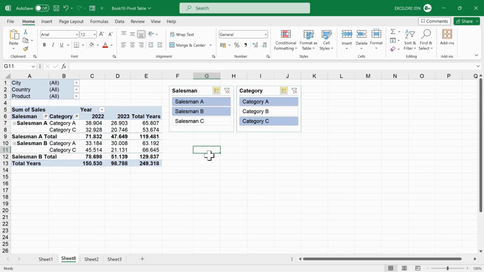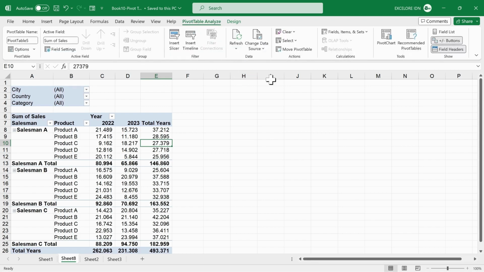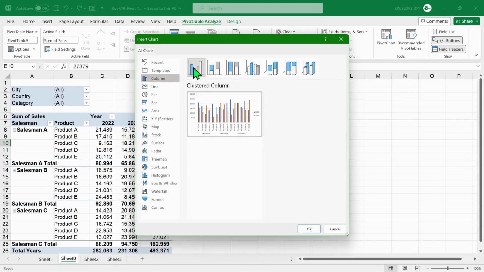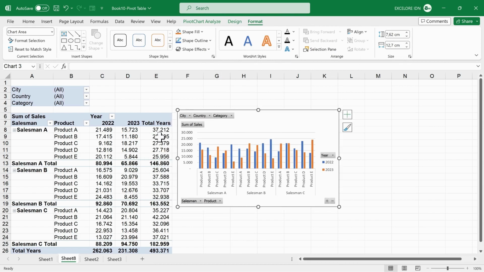Okay, let's move on to Pivot Chart. Pivot Charts is a chart that is generated based on data set in a pivot table. With this kind of chart, making changes to chart data and filtering displayed data in the chart become easier. To do this, select one of the cells in the pivot table. Then click on Pivot Table Analysis tab. Select Pivot Chart. Then select the type, such as Clustered Column. Then enter. The chart appears with the data arranged as in the pivot table.